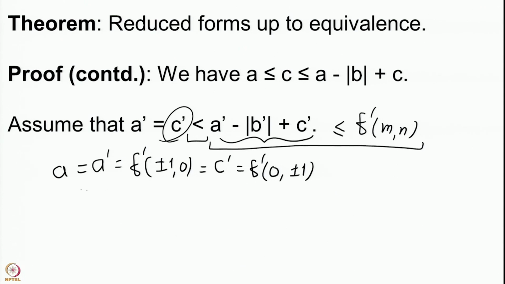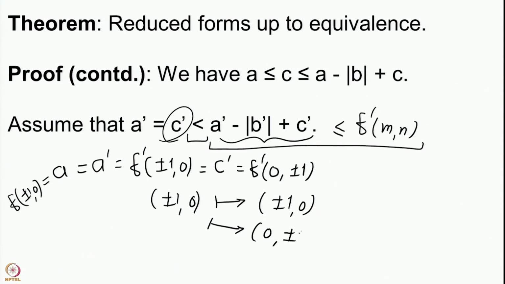So, we now have that our a, which was taken at plus minus 1 comma 0, therefore, the pair plus minus 1 comma 0 is sent to plus minus 1 comma 0, or it can also be sent to 0 comma plus minus 1. By the change of variables which we have allowed, remember x goes to px plus qy and y goes to rx plus sy. So, this change of variables takes the pair plus minus 1 comma 0 to any of these two possibilities. Now, this is a change of variables which we have already studied in the last case.